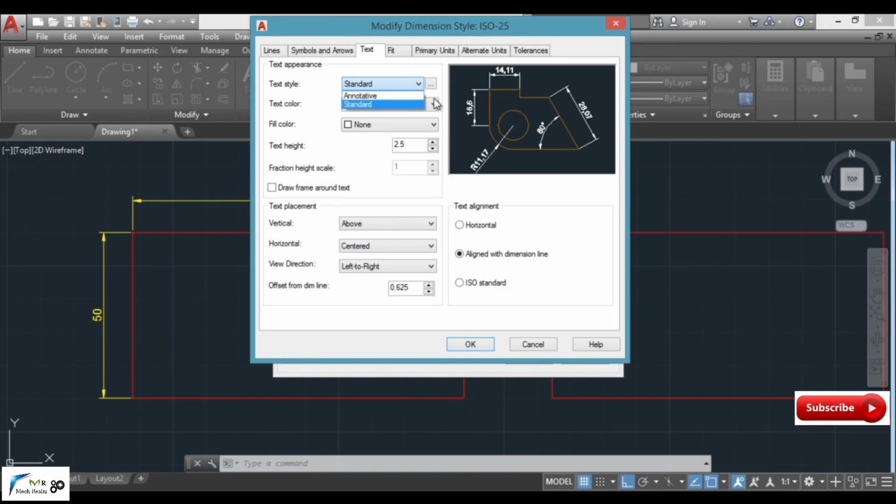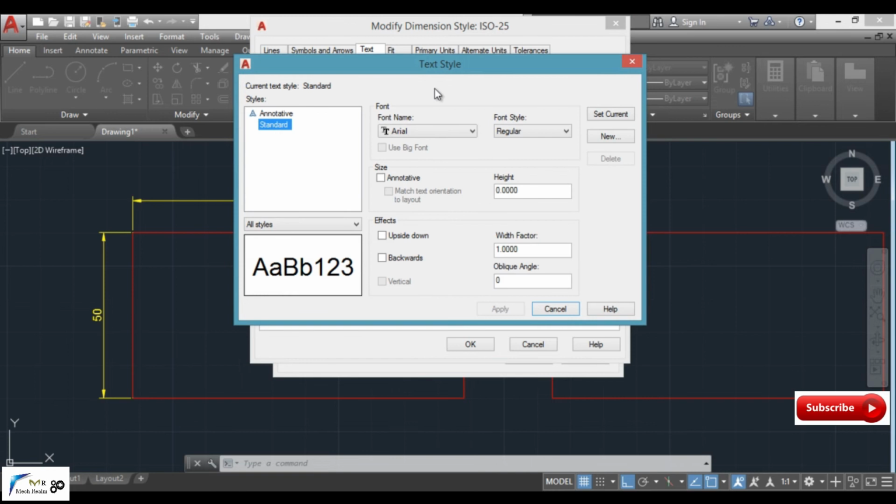To move to more settings, we click on this three-dots icon. From here we can select the font name, font style, and define the height, width factor of text, oblique angle, etc. After selecting, we click Set Current. Let us not make changes in such.